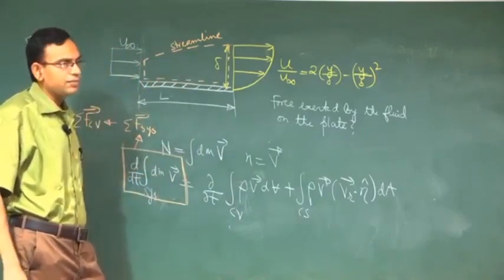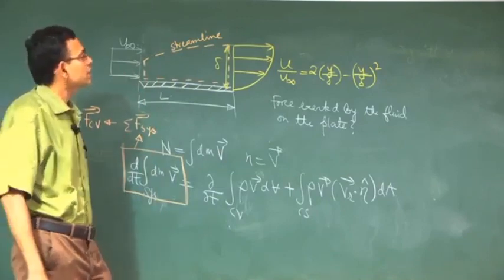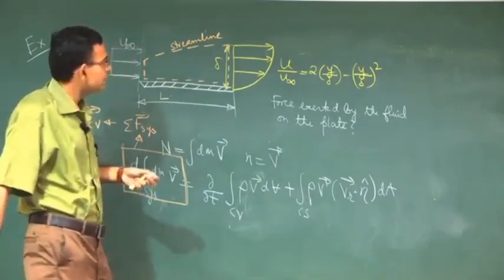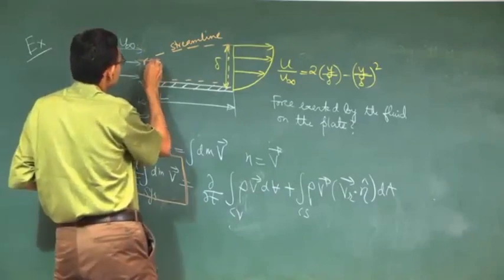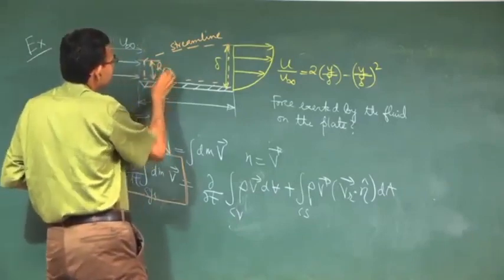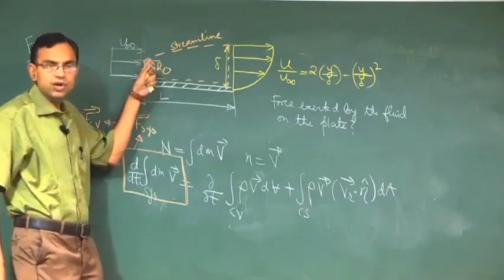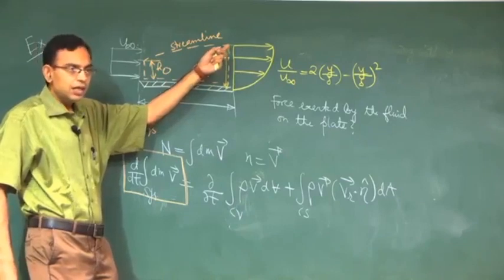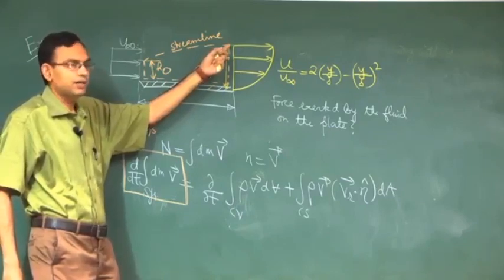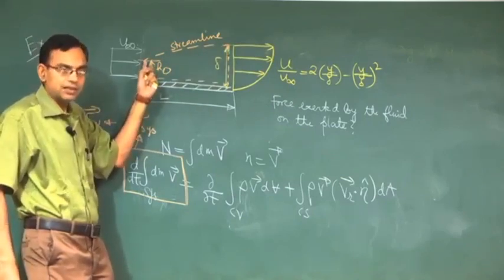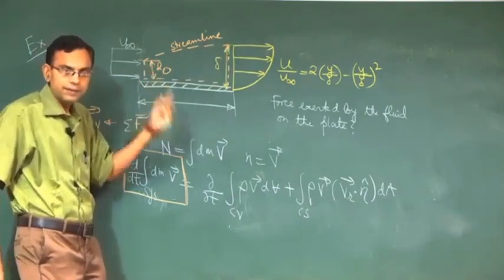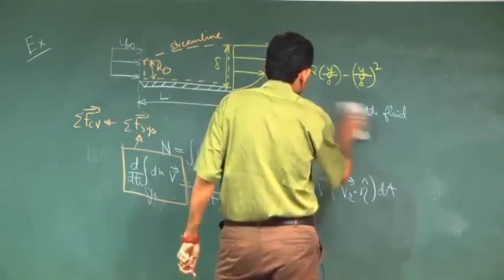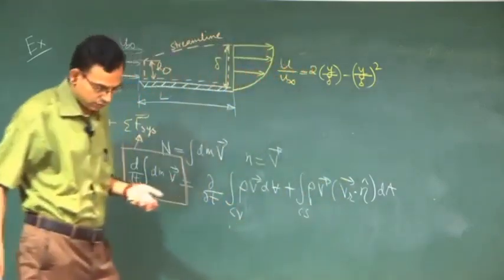Because it is a streamline and there is no net flux across it, we can write the mass conservation with this unknown being sorted out. If this height is h naught, which you do not know, because what you have done is made a geometric construction, you have passed the streamline through this point. Now naturally wherever it will cut, it will cut. This is not a given problem parameter. So you have to find it out by noting that